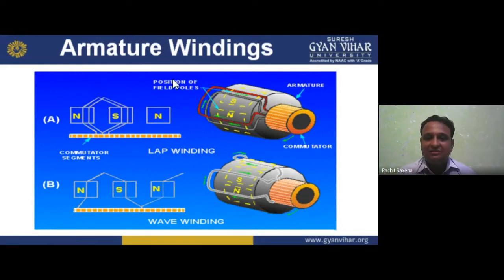Now see, this is your armature, we place it like this, 1 upon 1 upon, and in this we are placing different ones, 1 2 3 times. So that is your commutator. So in lap we have 1 upon 1 upon 1 upon, like a group, whereas in wave we are making connections in series. I hope you understand.